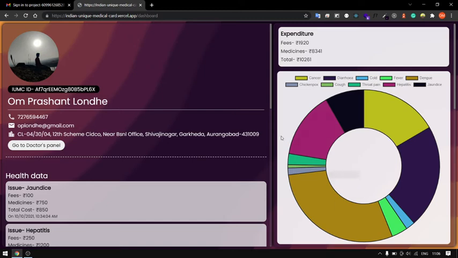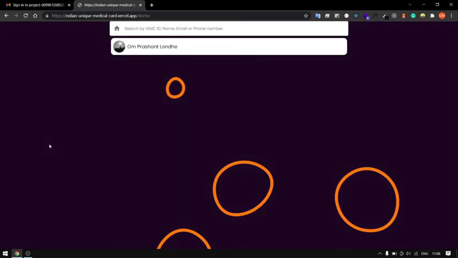But if you're a doctor, you can go here and click this go to doctors panel button. If you click it, first, this doctors panel is static, so when each new user signs in, the user will be shown up here. But to show that user on this page, we need to create the web page statically on the server, which is Vercel in this case. Next.js incremental static regeneration is used here, so that if a new user signs in, it will take about 1 to 2 minutes to generate a static page for it and show that user up here.